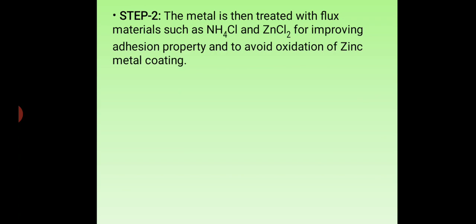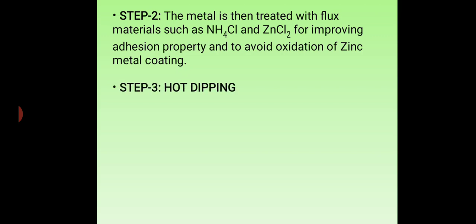Now what is here? See, in the hot dipping process, zinc coating is done on iron or steel metals. So when we have to achieve zinc coating, the article must be dipped in molten zinc metal. Zinc is very active in nature, so it might react with oxygen and convert into zinc oxide. So to avoid that, what is done? The article is introduced into NH4Cl and zinc chloride flux.